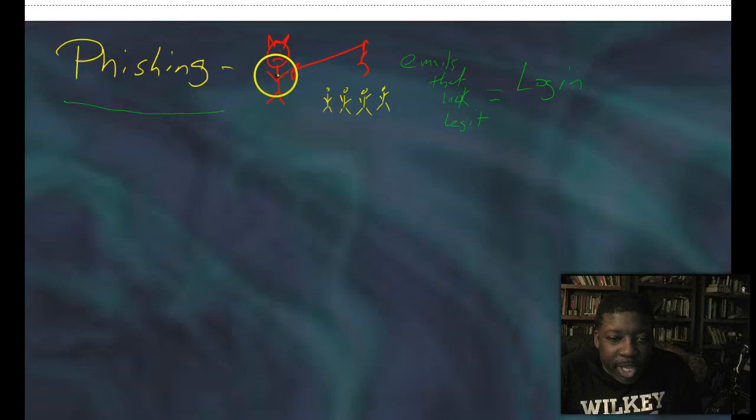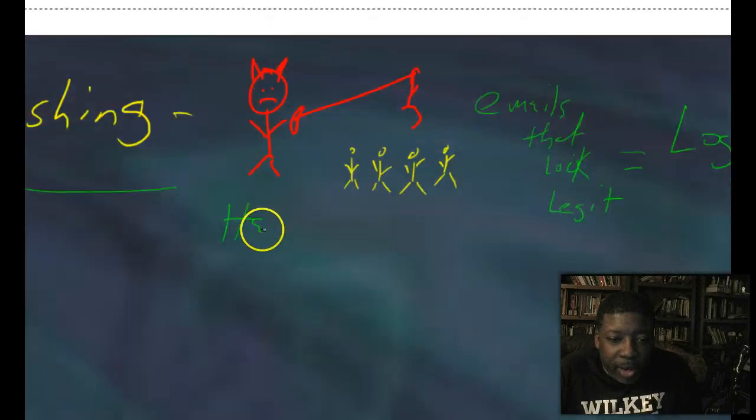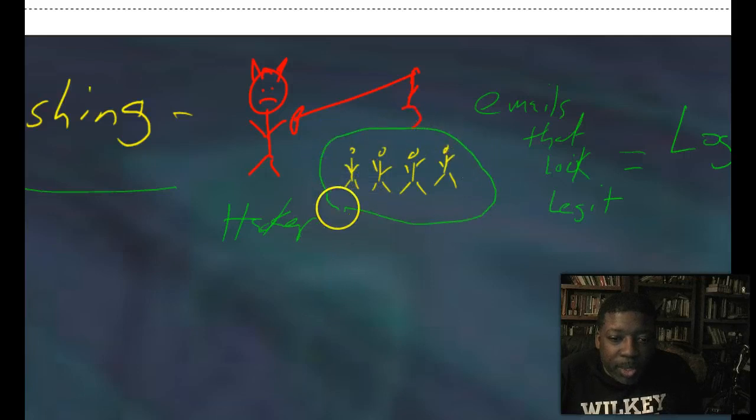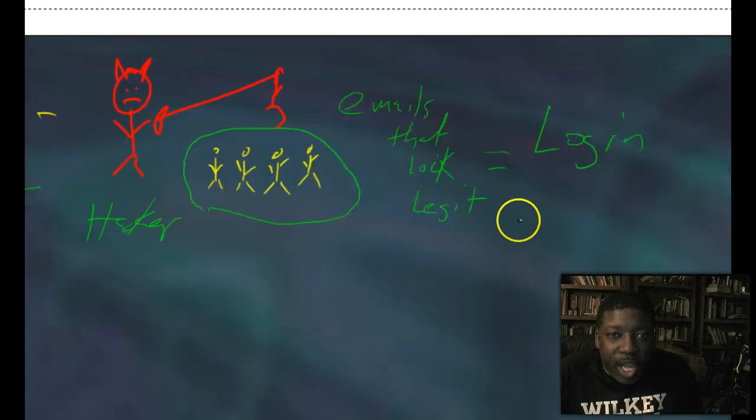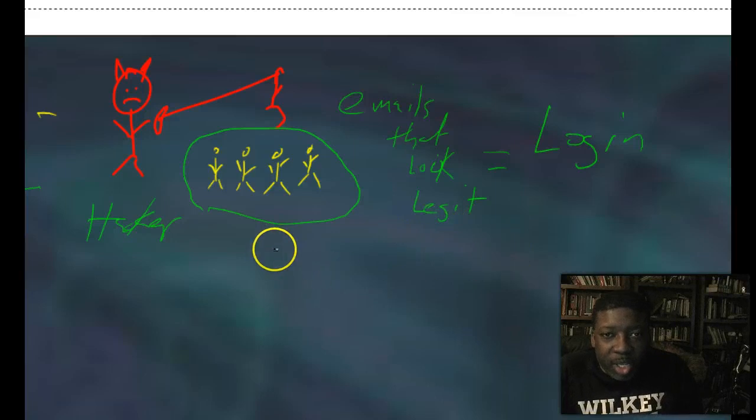Phishing is when a bad guy, a hacker, is trying to get information. He's trying to get into a network. So he sends a whole bunch of people, employees or whatever, an email. He's phishing, see, that's the fish line and the hook. He's phishing for credentials. He's going to send you an email that looks legitimate, and he's going to ask you to log in to something or to click on something. So that's basically what the phishing technique is.